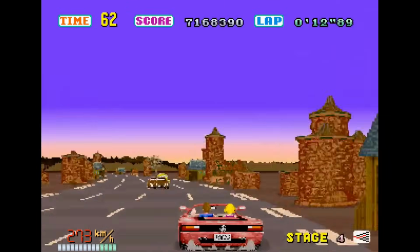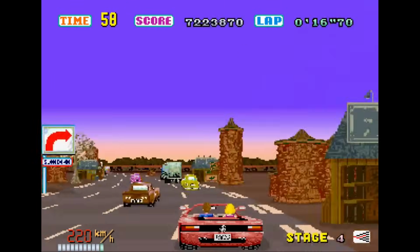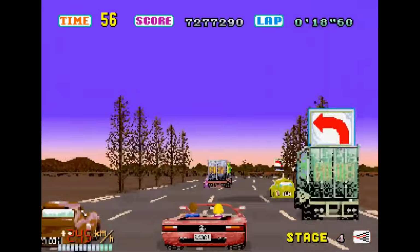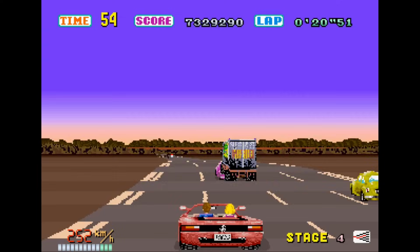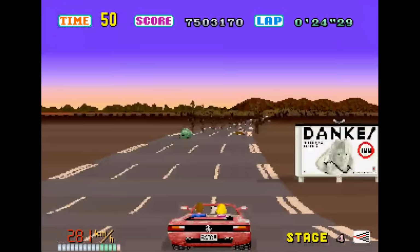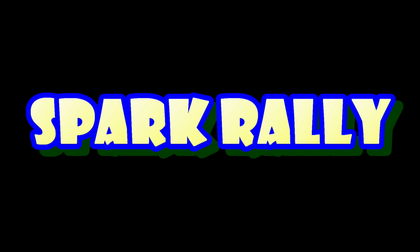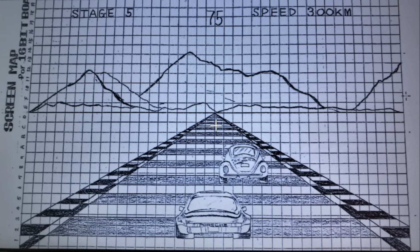However, by late 1985, the design had shifted from F1 to sports cars, with the multiplayer feature having been dropped completely due to budgetary reasons. Mr. Suzuki focused on making the tracks as interesting as possible with the game now codenamed Spark Rally. From the design documents, it also looks like your car is a standard Porsche, with the legendary Ferrari not yet